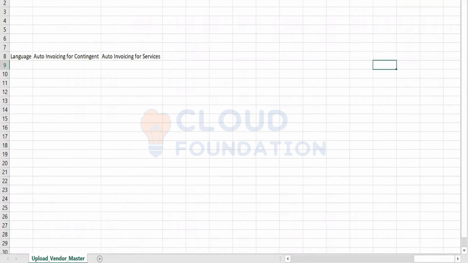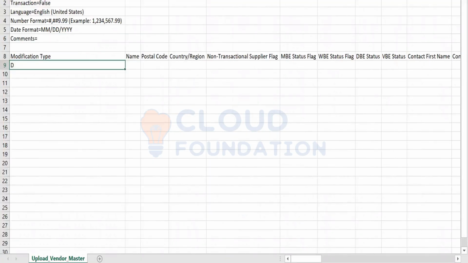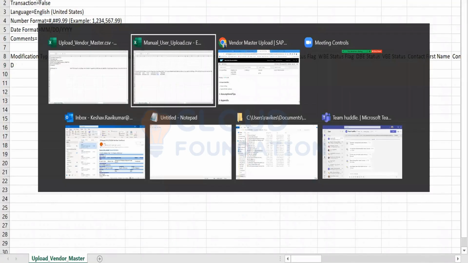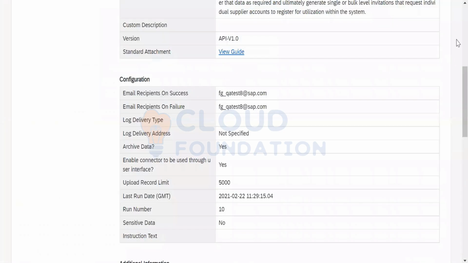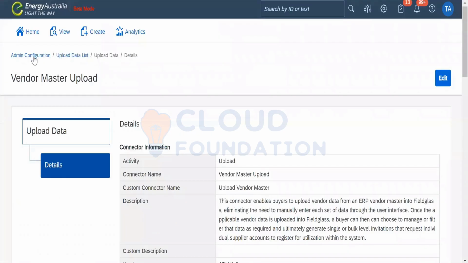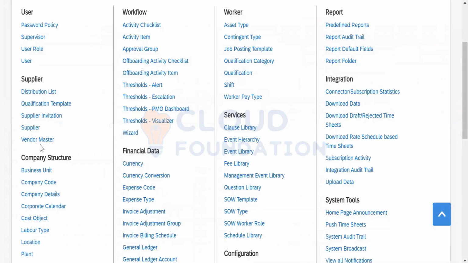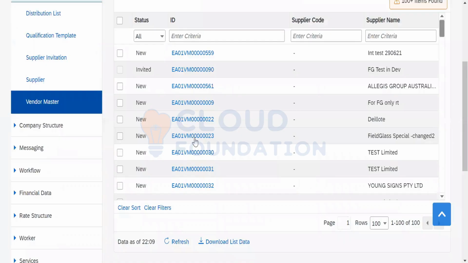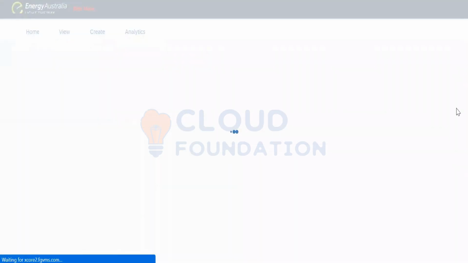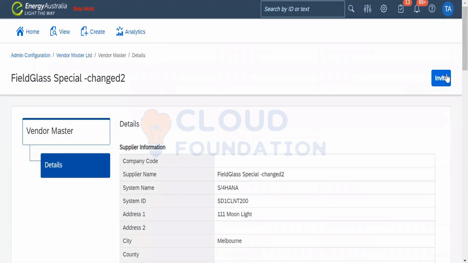This is the connector for vendor master upload. Once the vendor master is uploaded, the vendor master data will be updated in the system. Here we have got the invite option.